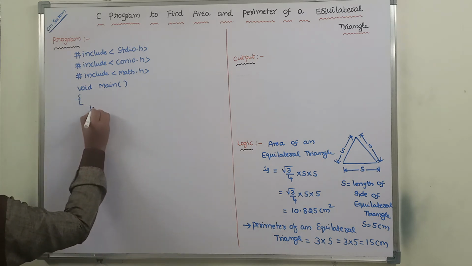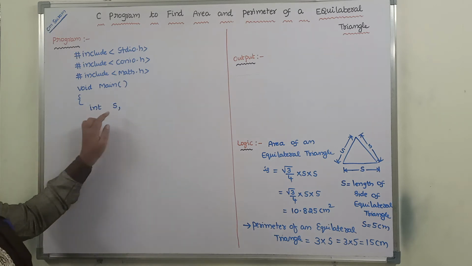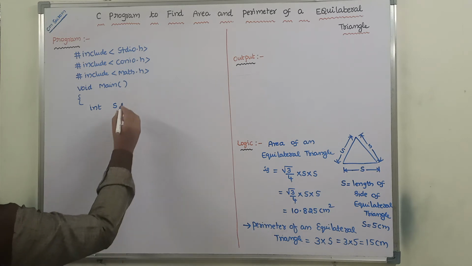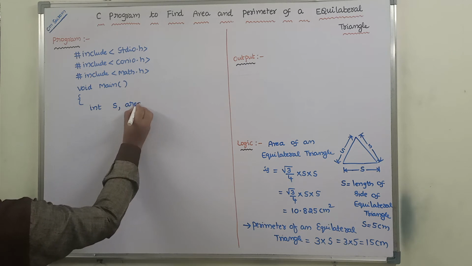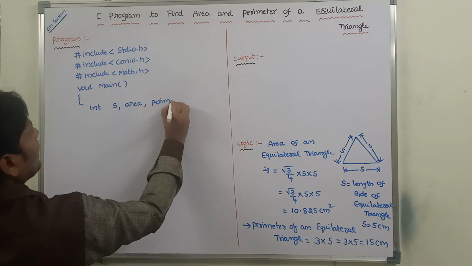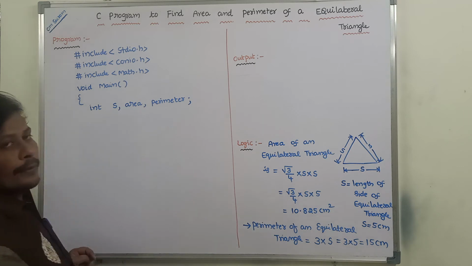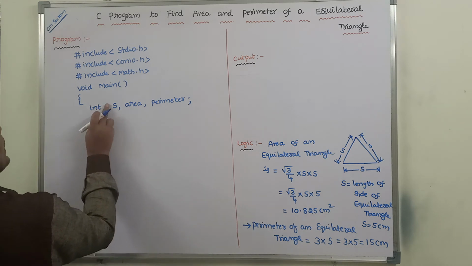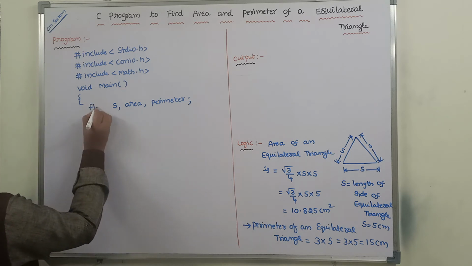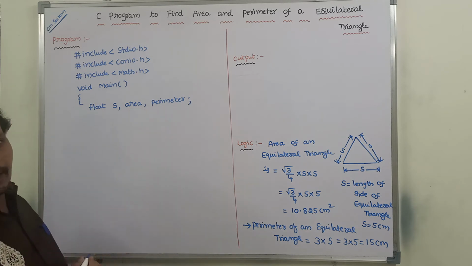Next, what are the variables that we are using? s is the length of the side of an equilateral triangle, and area and perimeter are the other variables we declare in the declaration part of the main program. Here the data type we are using is float instead of int. float s, area, perimeter;